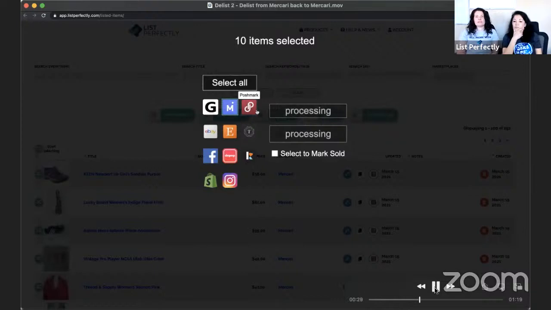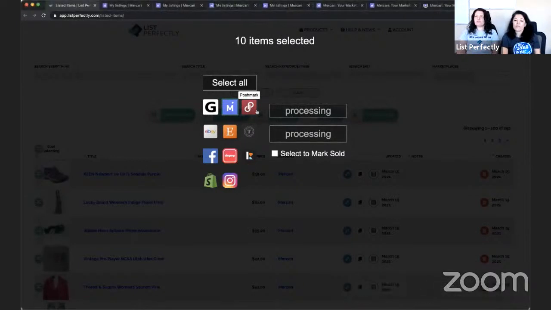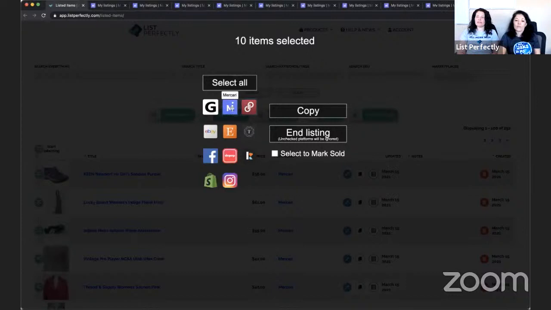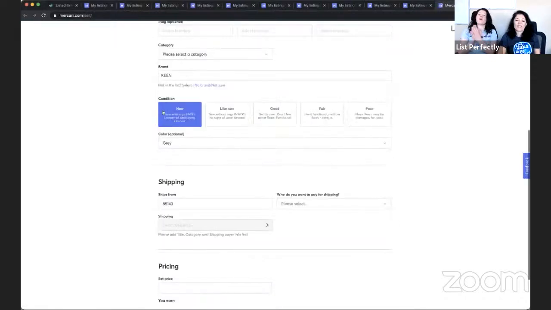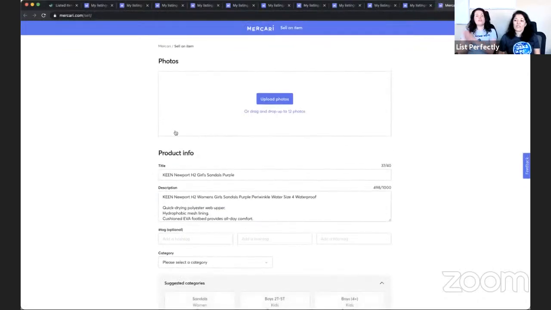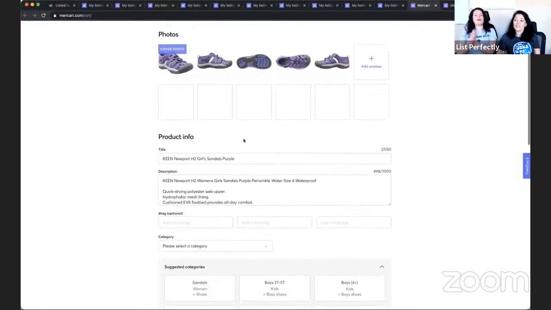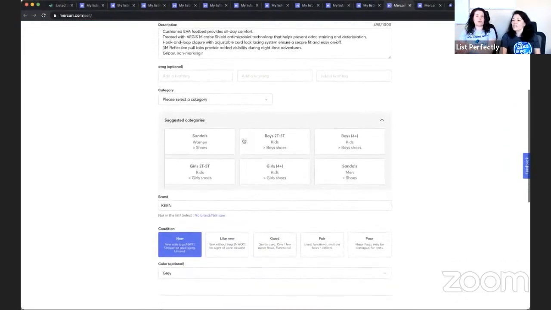And once those listings are ended, then you'd be able to just return back to this window and relist them again. It takes just a bit of time to get through 10. So once you see copy again on this window, you would just click copy, and that's it. What happened right now was all of your listings were ended. Now new windows in Mercari are being opened, and your products are going to be brought over to Mercari